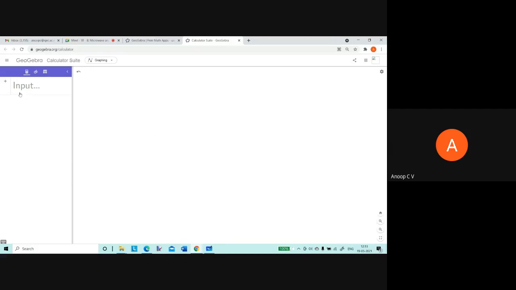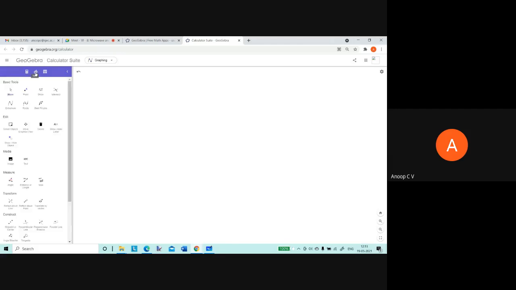Then you can see here there is a calculator symbol. Can all of you see my mouse pointer? Please respond. Yeah. And there is this tools option, the second one. If you go to tools, under media there is an option to import an image.